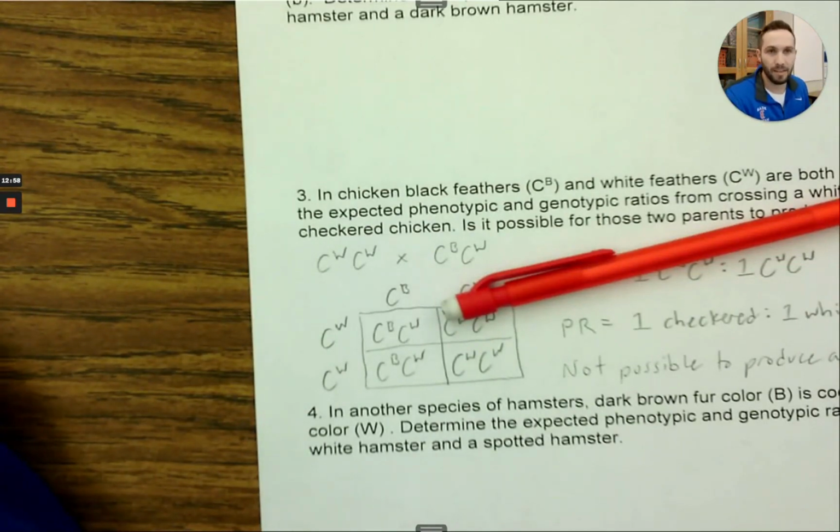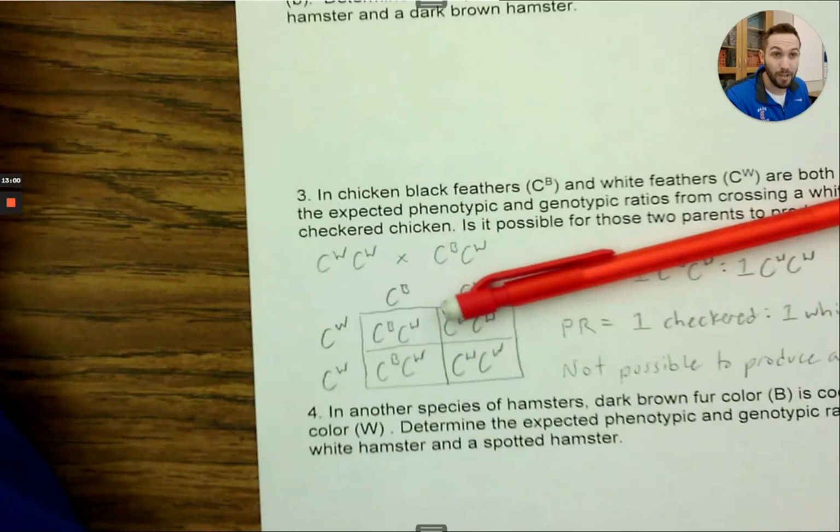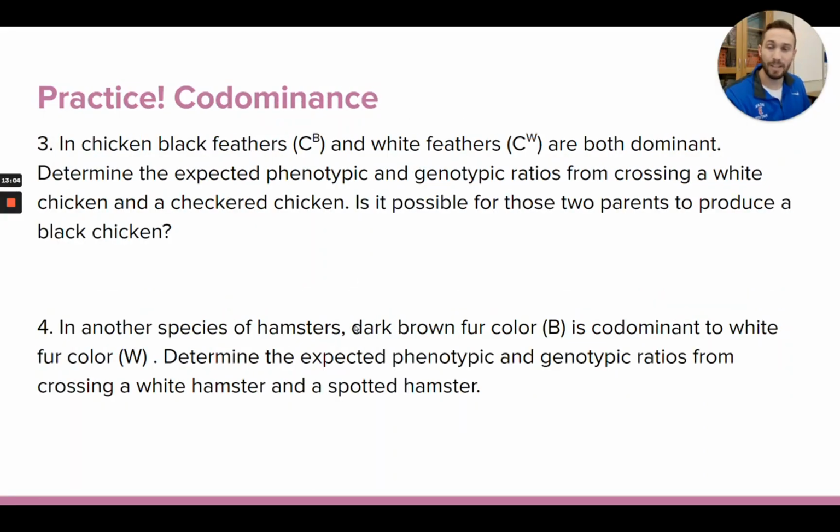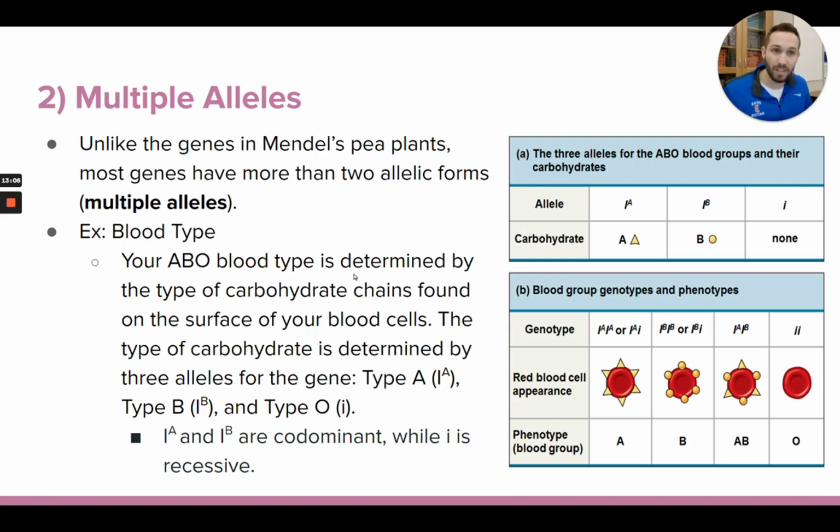Still the basics that Mendel said, that you have 2 alleles, you're only going to pass on 1. All that's the same. Now, another situation that happens sometimes that is not something Mendel figured out is that there's some genes that have more than 2 alleles available. And that's what we call multiple alleles. Multiple alleles refers to a gene where there's more than 2 versions of that gene that exist.